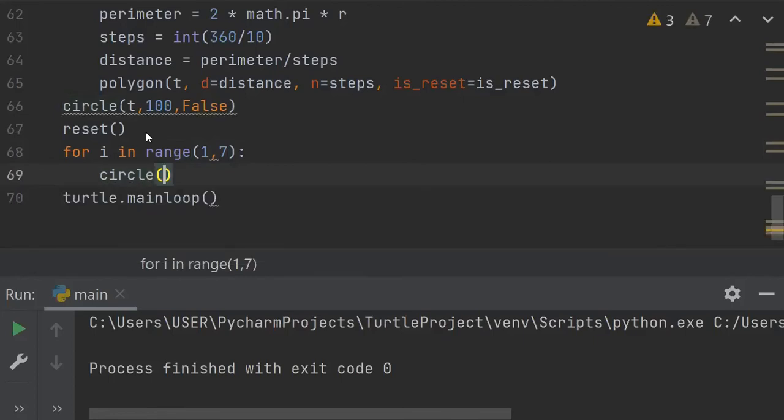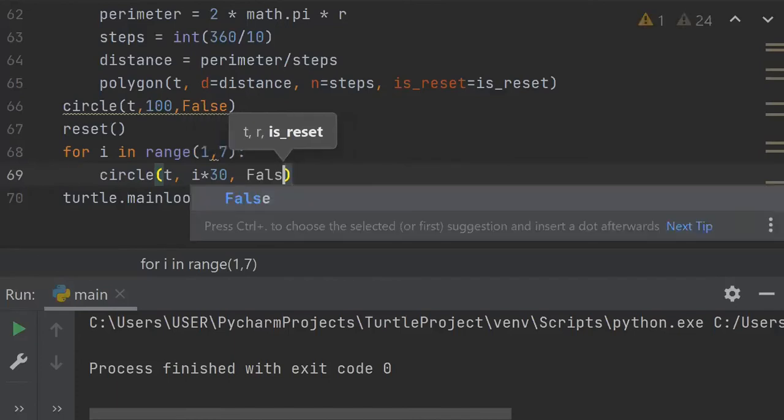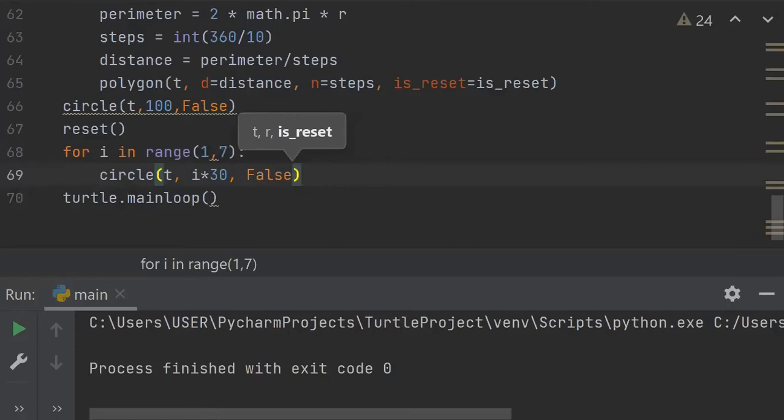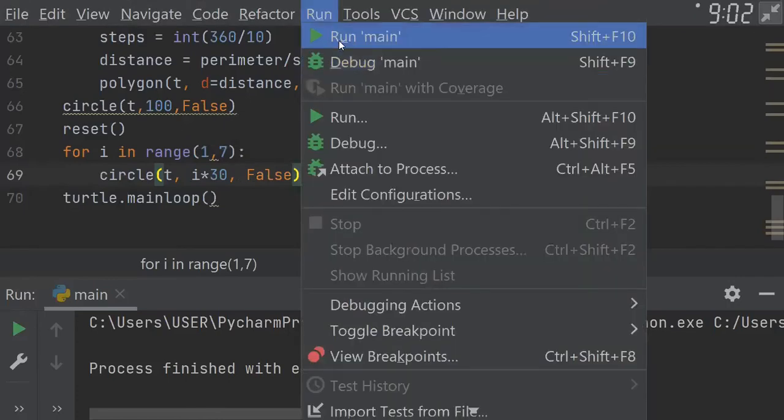Once you call the circle, pass in the parameters. That's t, comma, and i. We want it to be increased after every movement, after every circle, by a particular size. So let's just use 30 for now, and you don't want it to delete after every circle, so we put it as False. You can see there's an error already, because I started it with a small letter. So if I decide to run this now,